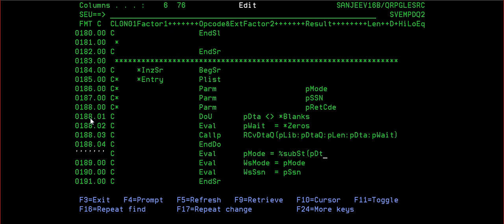P dta, 1, length is 7. Mode PSSN, that will be 8 to 9.